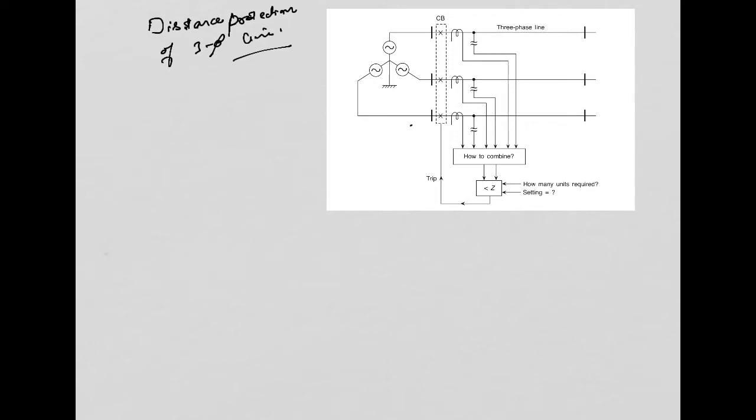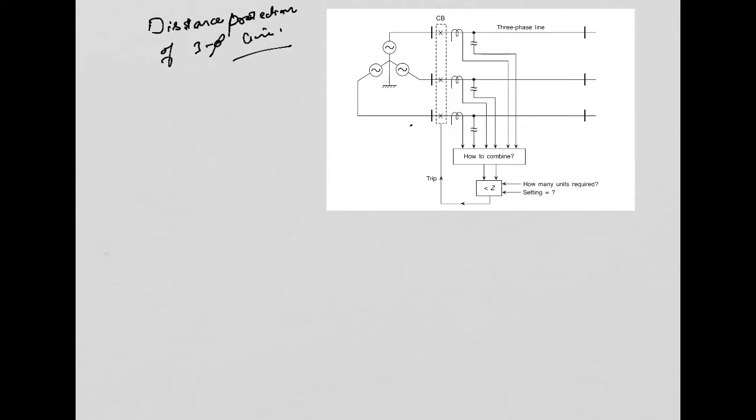So the question that naturally arises is how we are going to provide protection against all the different shunt faults. There are 10 shunt faults in the system. So how are we going to provide protection against all the 10 shunt faults? In what way do the CT currents and PT voltages have to be processed? Can a single distance measurement unit look after all the phase faults as well as the ground faults?